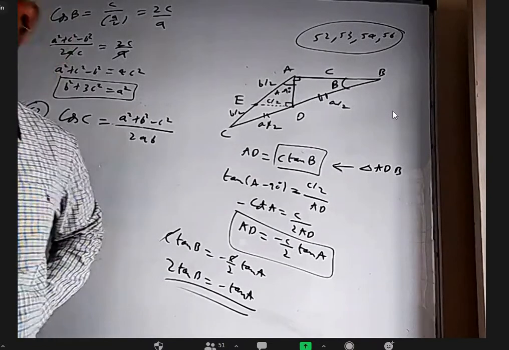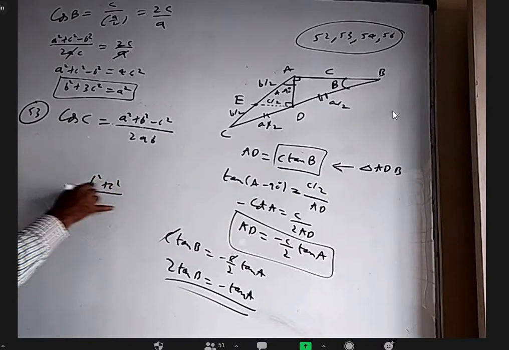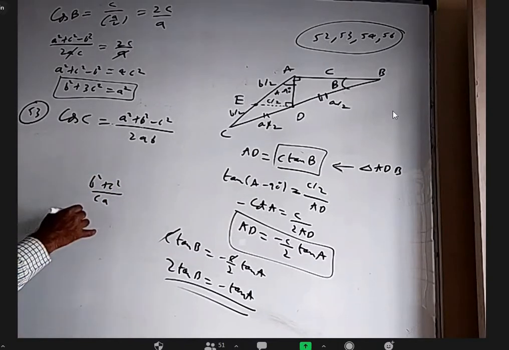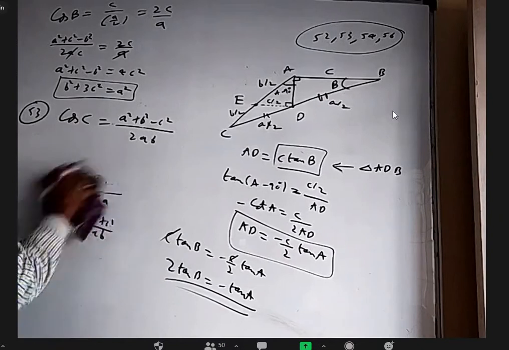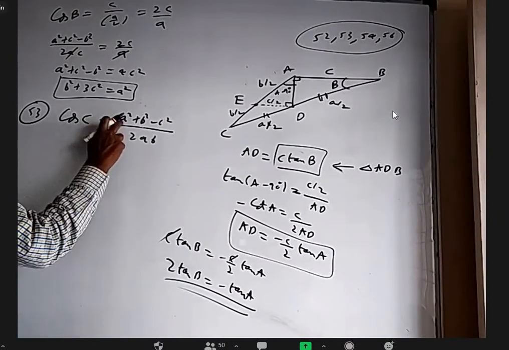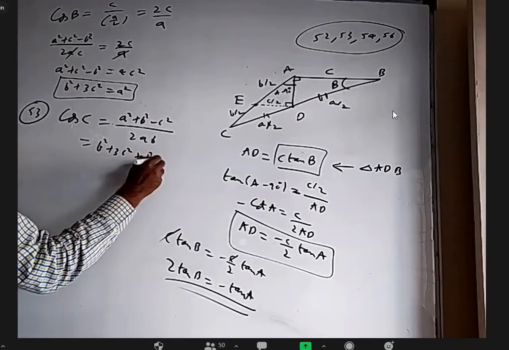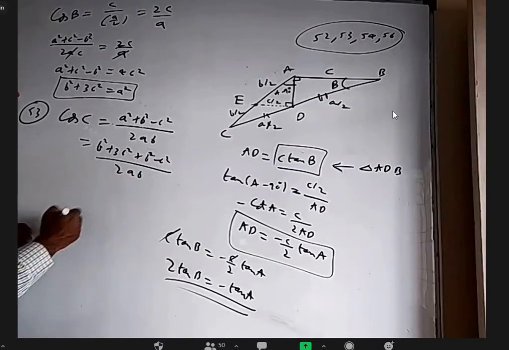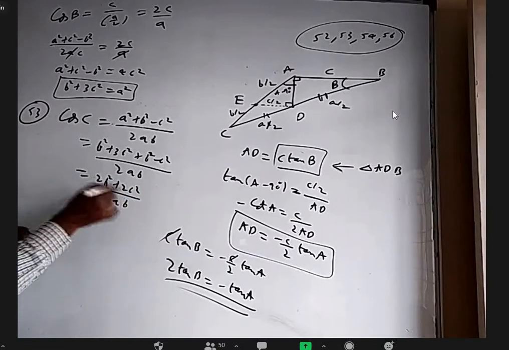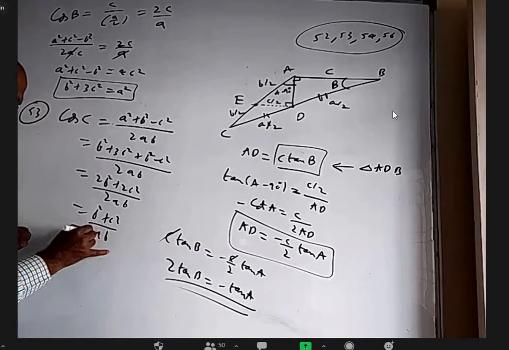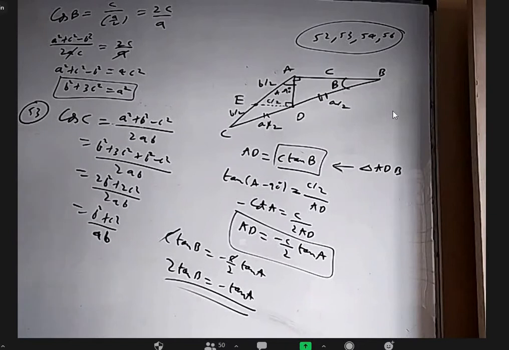Sorry, I would have changed some of the questions. It's okay. They gave the answer for 53 as B square plus C square by CA, whereas B and C roles should be interchanged. So B square plus C square by AB should come. So to eliminate A square, in the place of this A square, we're going to substitute this result. B square plus 3C square plus B square minus C square by 2AB. That is 2B square plus 2C square by 2AB, that is B square plus C square by AB. Here we got AB. If we had taken the proper question, we would have got AC here and we would have got cos B. Is it okay for everybody?